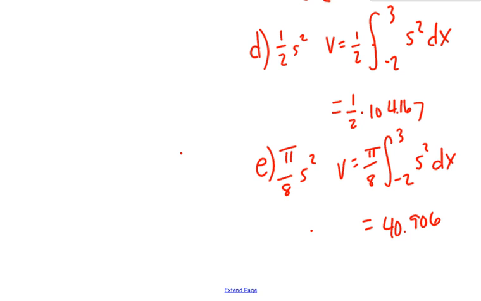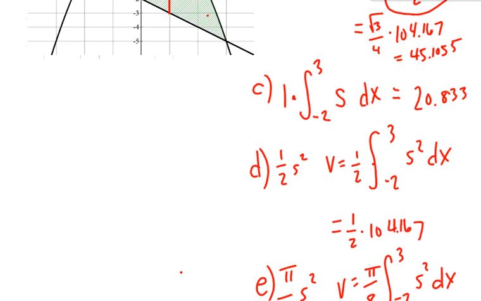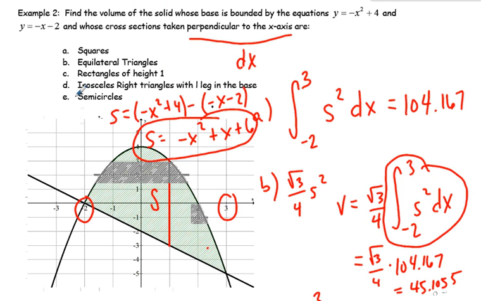Okay. So I know that was kind of long and tedious, but I just wanted you to see that this is actually pretty easy. But the main thing that you need to do is memorize those formulas. So the pi over 8 for the semicircle, the 1/2 for the right triangle, and then the √3/4 for the equilateral triangle. All right, so we're going to do one more example, but we're just going to do it really,